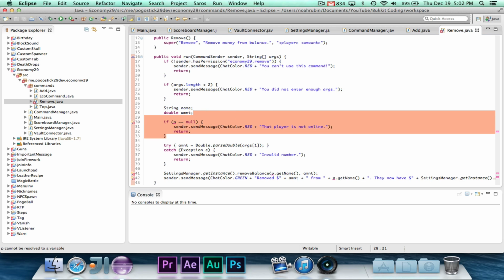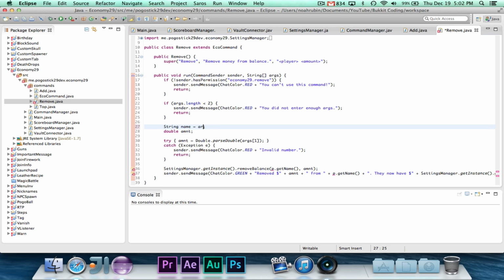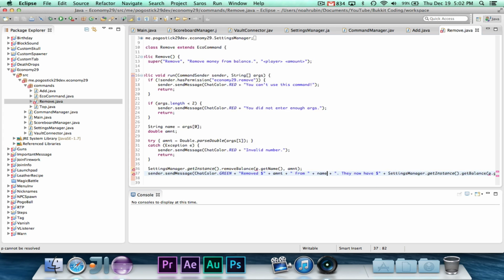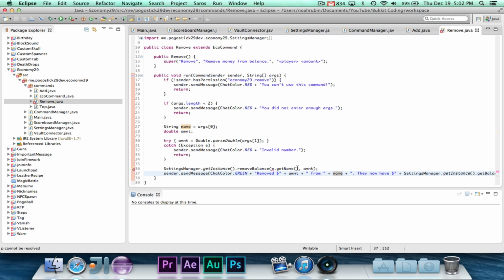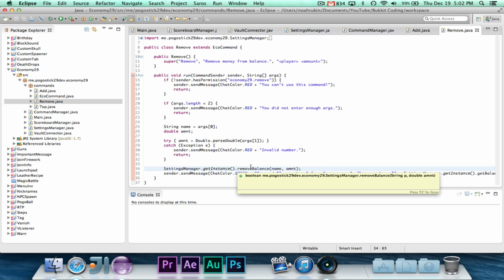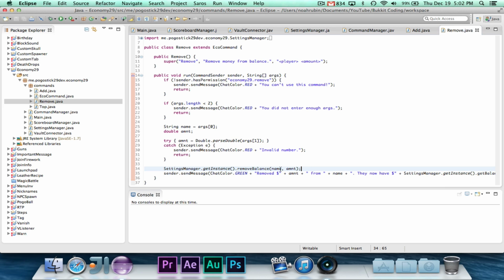We don't really need this player name, we can just say args0. So arg0 is the name, and we can just say removed amount from name, because we don't need the player to be online in order to do this. Now, one other thing that you would want to do is remove balance returns a boolean, so you would probably want to check and see if that doesn't work.